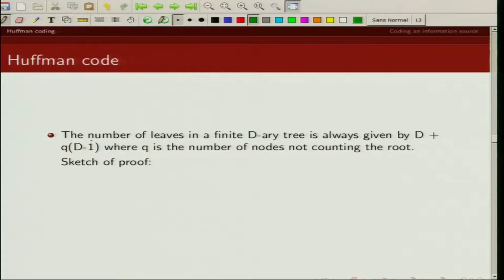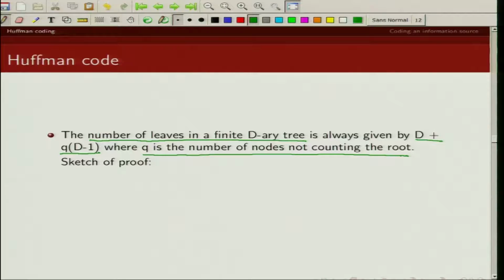So first we are going to prove a result which says that the number of leaves in a finite D-ary tree is given by D plus Q times D minus 1, where Q is the number of nodes not counting the root node.